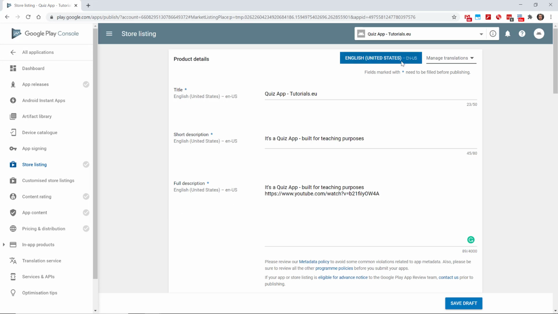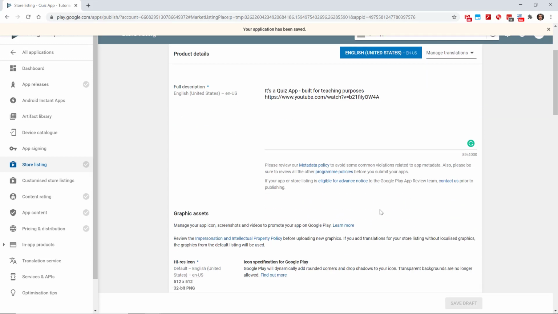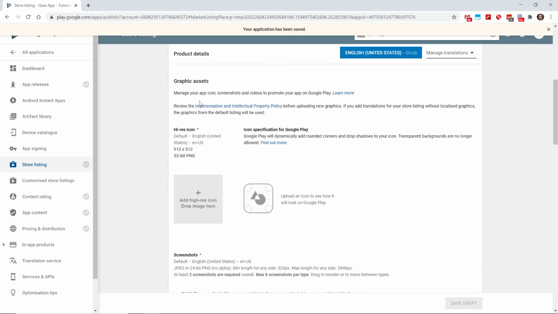And in case your application should be available in multiple languages, you can manage your translations here. So you can either purchase translations or you can add your own translation texts for different languages. So let's say your application should be used internationally in different languages, then that would definitely be an option. At this point, you can save the draft, and then you need to